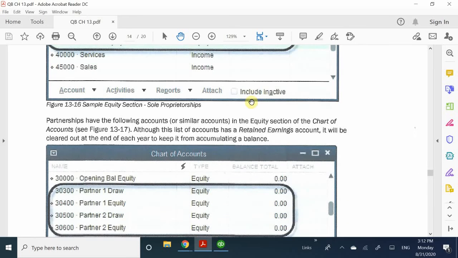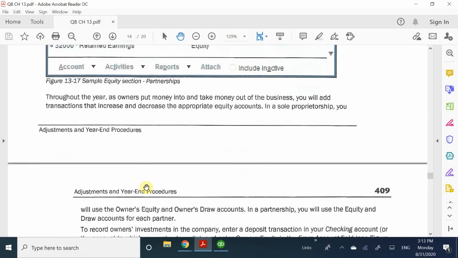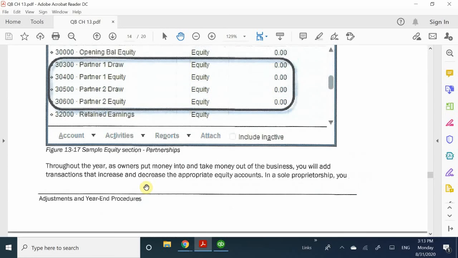Okay, you're not going to write a check just for yourself, just for the heck of it. You have to decrease your equity, because ultimately you're taking money away from your company, not as a payment, but as part of what you've contributed originally to your company. So we're going to look into how to make that adjustment in a second. So first off, let's see for